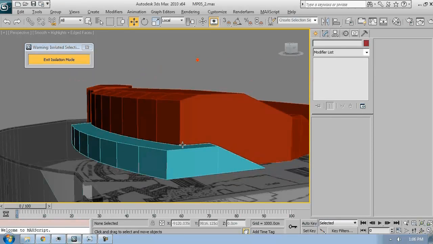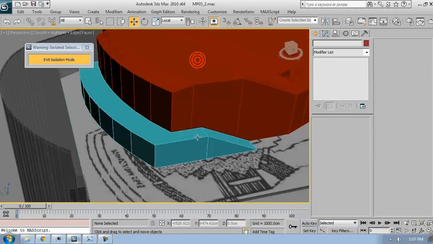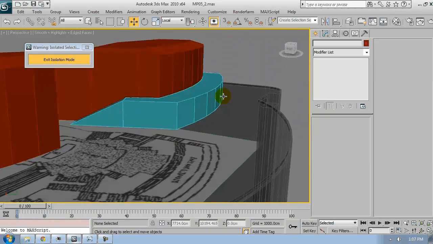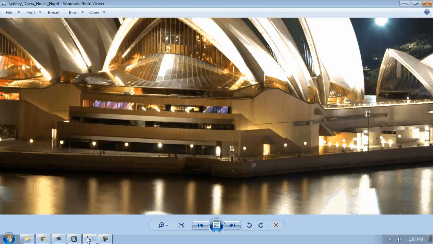Okay, I think I'm going to create the next part using a double spline again. Yeah, it will be easier,